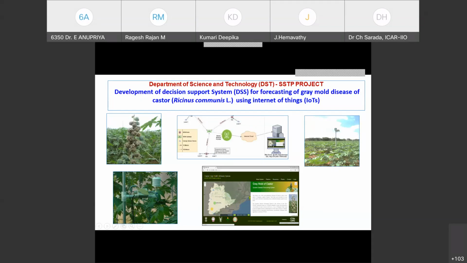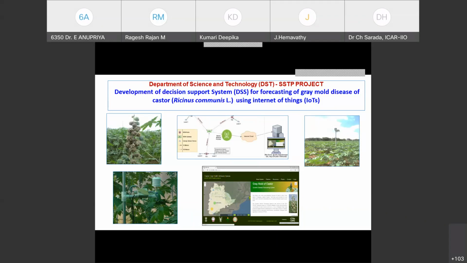Based on the information we got from the every half an hour data, and based on the manual disease scoring, we have developed a weighted weather-based indices regression model, which is augmented with some decision rules, and we started advising farmers through this advisory system. So whenever the favorable conditions occur for the disease occurrence, we used to send the SMSs through our gray